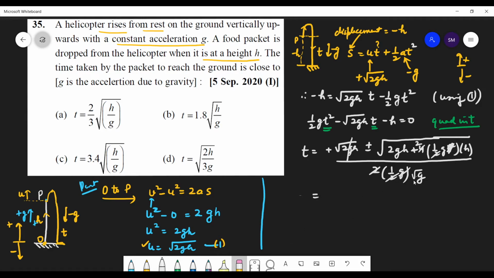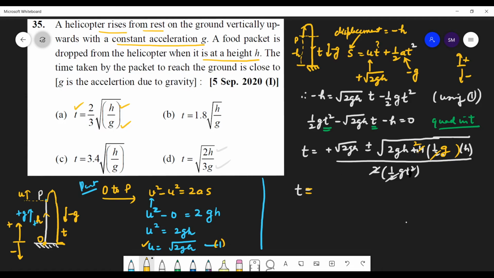ये, दिस विल नॉट बी कैंसिल्ड. So this g will not be cancelled, only t square will be cancelled, and here t square will not be there, but that's sure. Okay, so here this 2 will be cancelled. So students, what do you get here?